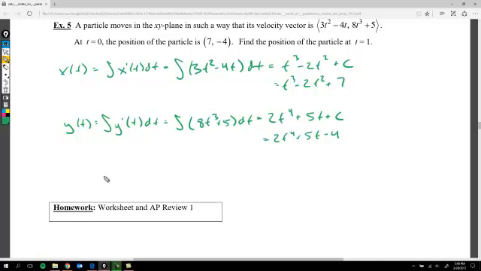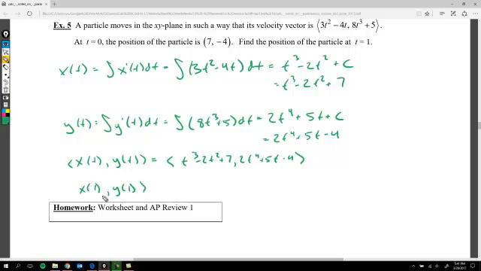So this is going to be my position vector. And I want to evaluate this when t equals 1. So I'm just going to plug 1 in. You end up getting